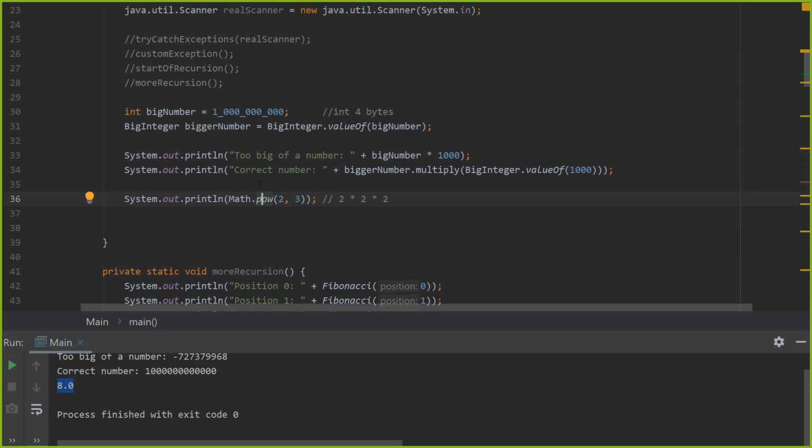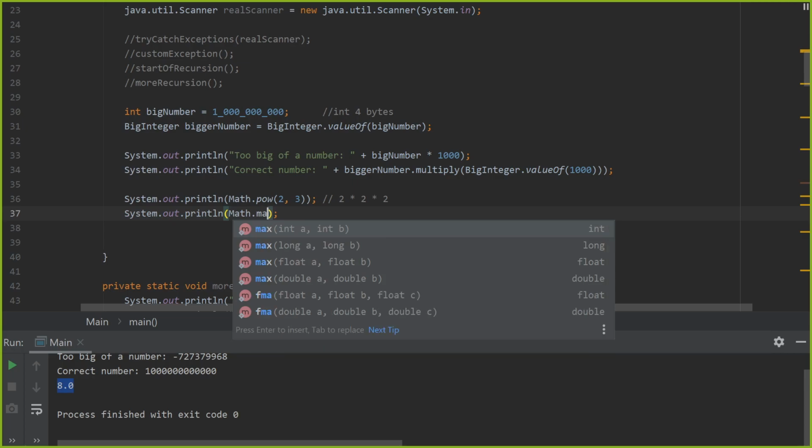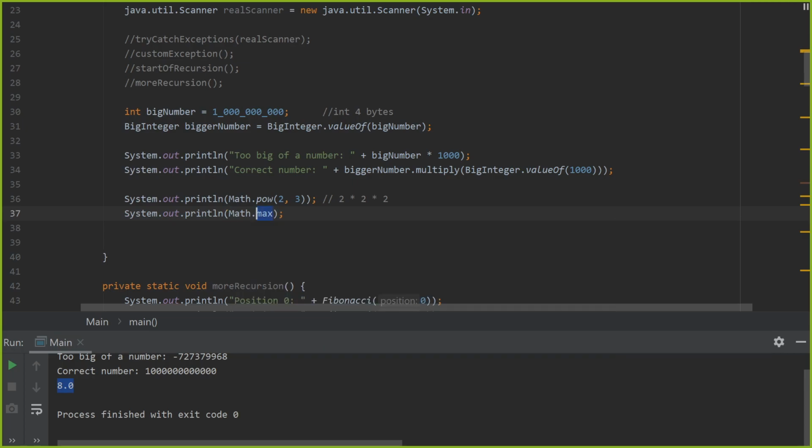So there's that. There's Math. Again, use all the other functionalities. There's really cool ones. Math dot, let's say, get the max number out of two numbers. Which one's the bigger number? You don't need to rewrite this code because it gives it to you. Let's say these two numbers were given to us by the user, right? So this is why it's a utility. You could have done the max in a second,